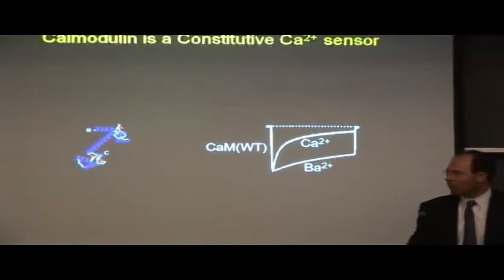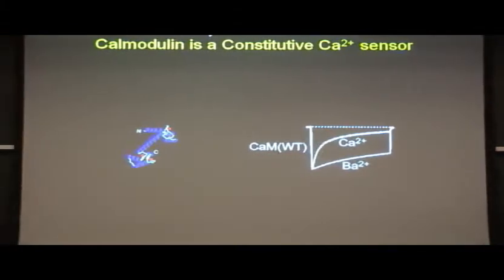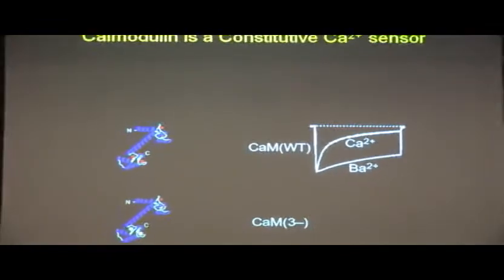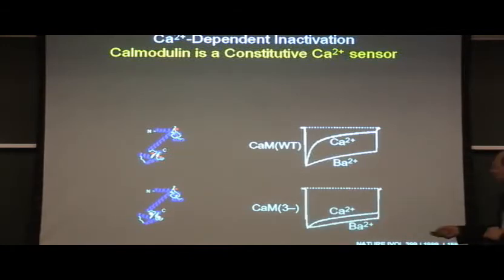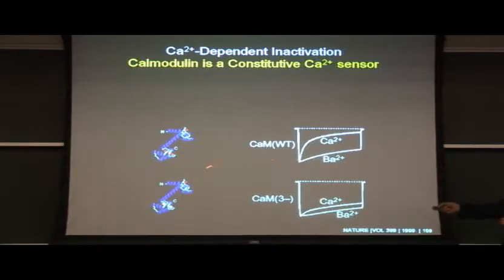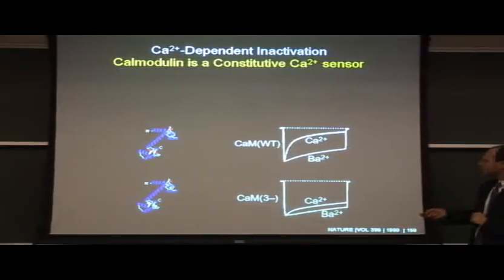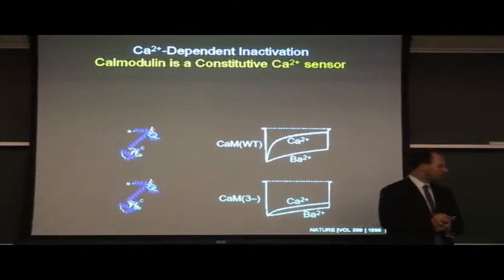To go over this very quickly, we know that calmodulin is critical for this process because if we express a wild-type calmodulin, we see this robust calcium-dependent inactivation. But if we express a mutant calmodulin, in which we've mutated 3 of the 4 EF hands, this is essentially calcium-unresponsive calmodulin, then you can see that most of the calcium-dependent inactivation is lost. It suggests that calmodulin mutants can act as dominant negatives to block the binding of endogenous calmodulin and block the calcium sensitivity, and therefore remove this accelerated inactivation in the presence of calcium.